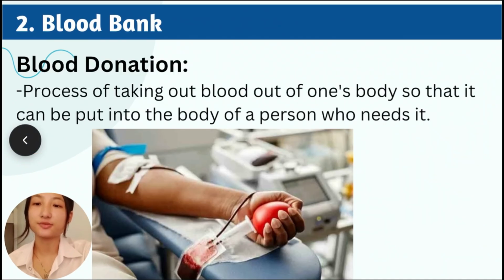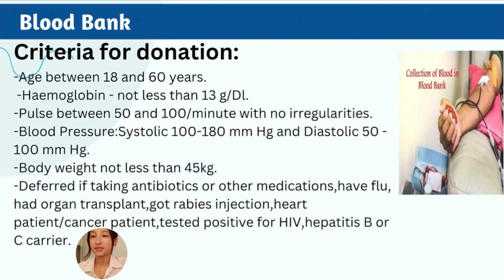Donation is the process of taking blood from one's body so that it can be put in the body of a person who needs it. The criteria for donation is that age should be between 18 to